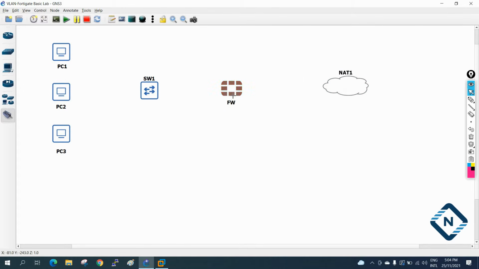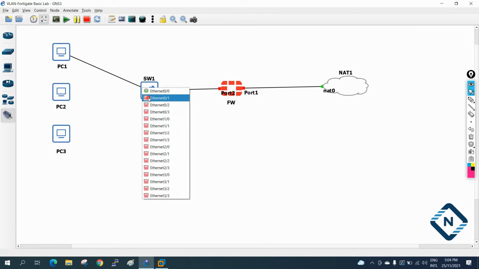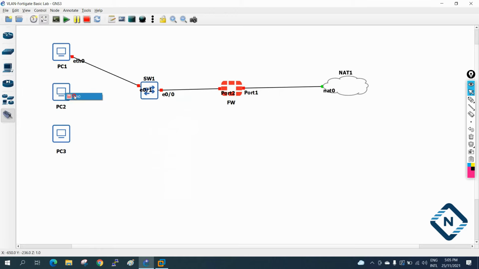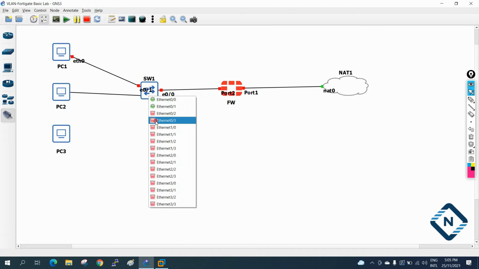I will take this cable and connect port 1 to NAT. I can enable the ports here so we can see them, and I will connect from the switch E0/0 to port 2 of the firewall. And from here we can select the Ethernet port to E0/1, and from here E0/2.